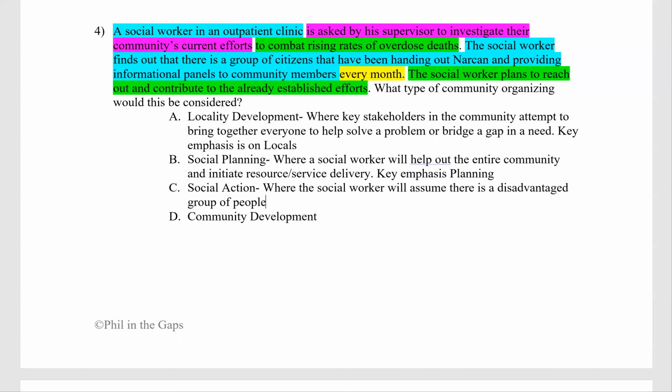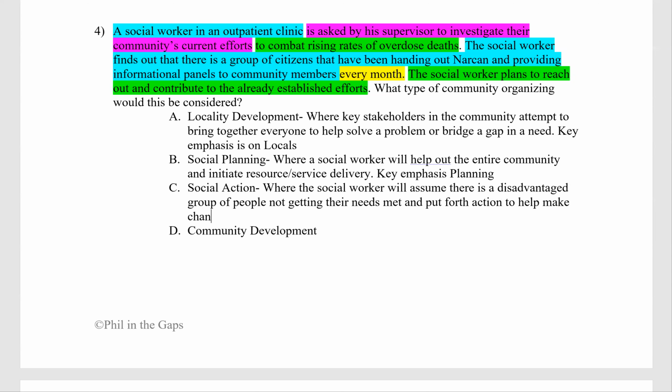group of people not getting their needs met and put forth action to help make changes. And the key emphasis here is going to be on action. Why? Because this is where the social worker is going to do all the actions to make sure it gets